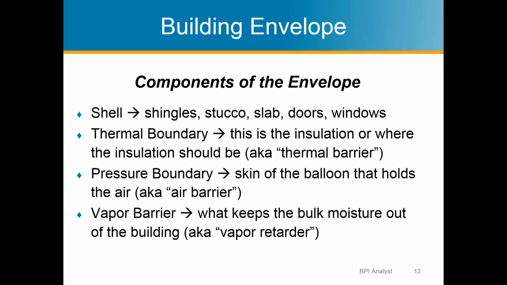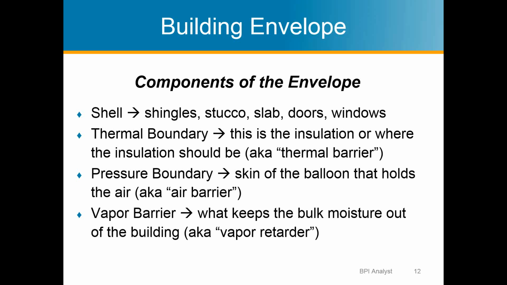It's important that the pressure boundary be continuous, so there's no gaps in it or holes. And when we talk about infiltration or air leakage, we're always working on the pressure boundary. And then there's the vapor boundary or vapor barrier, and that's used to keep the bulk moisture out of the building. A lot of times it's called a vapor retarder in the field, but it would be like the